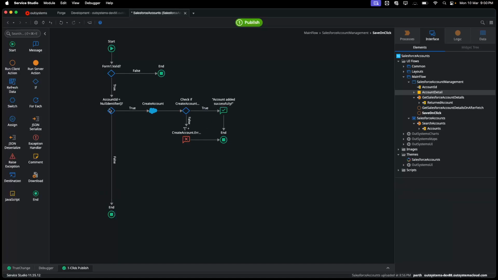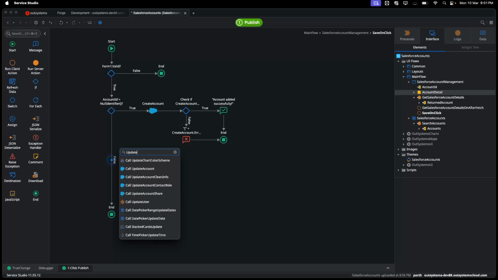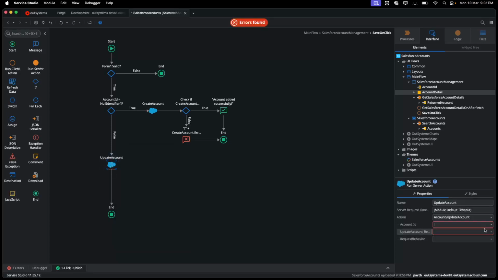If an account ID was passed, that means I have to go ahead and update the account, right? So let's go ahead and call that update account. And update account will ask for a specific account ID. Ideally, this should be disabled in the form, but just for the sake of this demo, let's just pass it the original account ID that was passed. And you also want to pass the request, that is, what information you are passing to this function. We'll just do that as is,